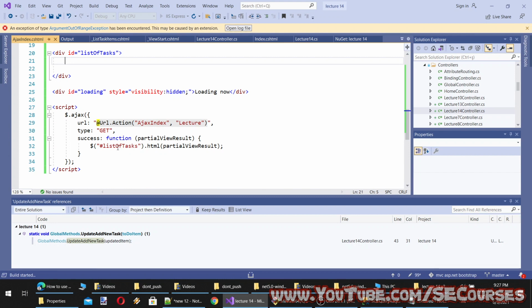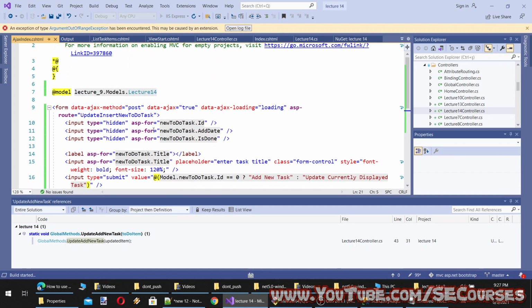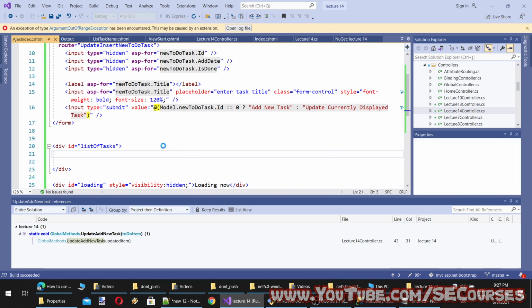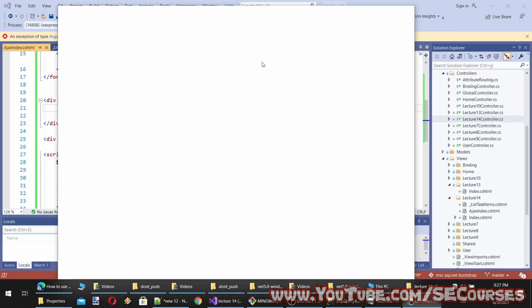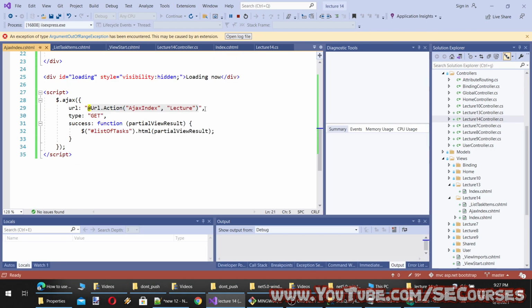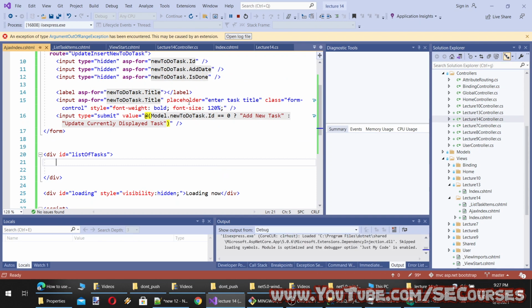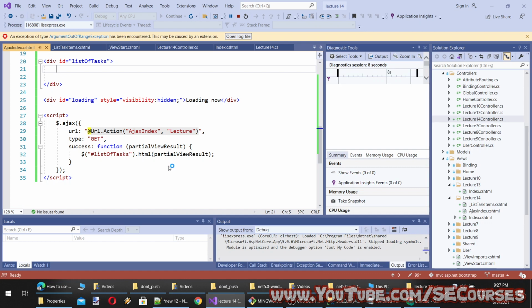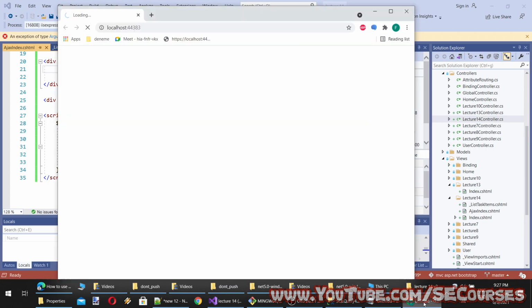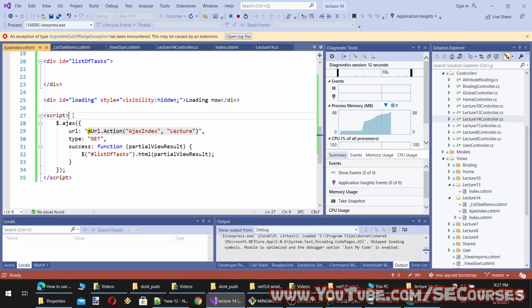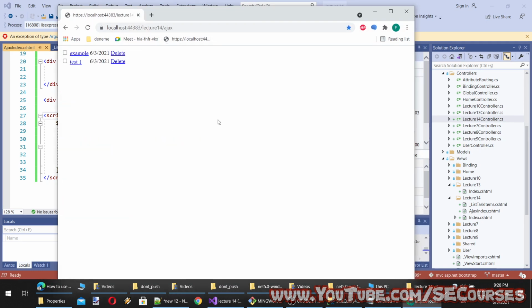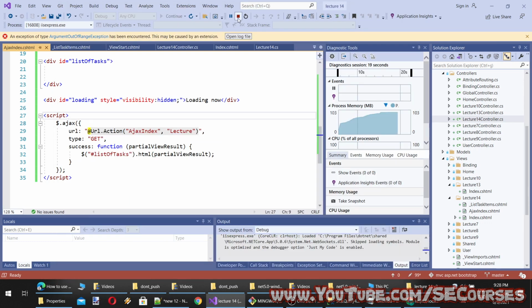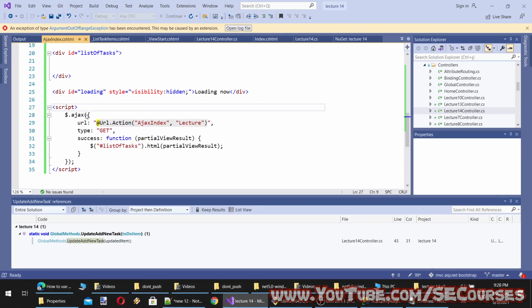Why am I doing it this way? So that I can replace it after doing Ajax postback without doing any full page postbacks. After this is completed, I will rerun this method actually. Yeah. So I need to give this method a name. Okay, it is working. So let's give this method name as